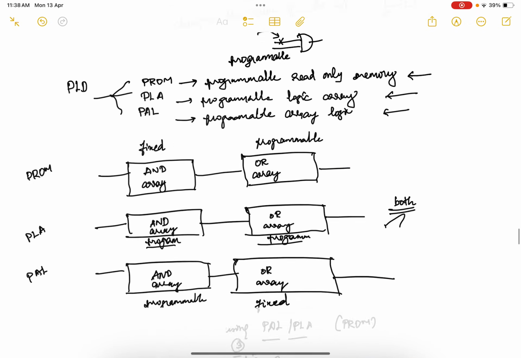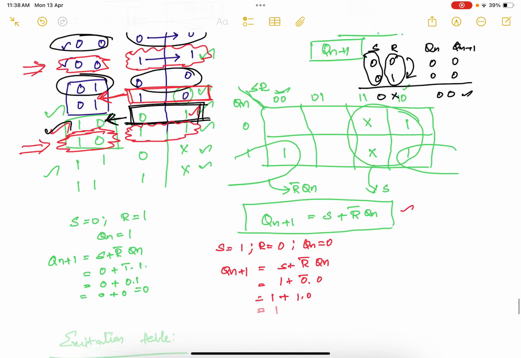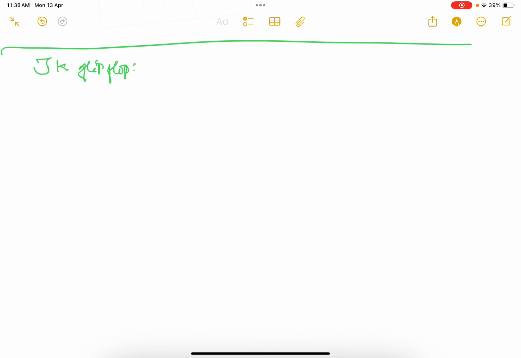Okay, so in this session we will be discussing the JK flip flop. Here J and K stand for the names of the scientists who discovered this flip flop. In the same way, we will start with why this flip flop,